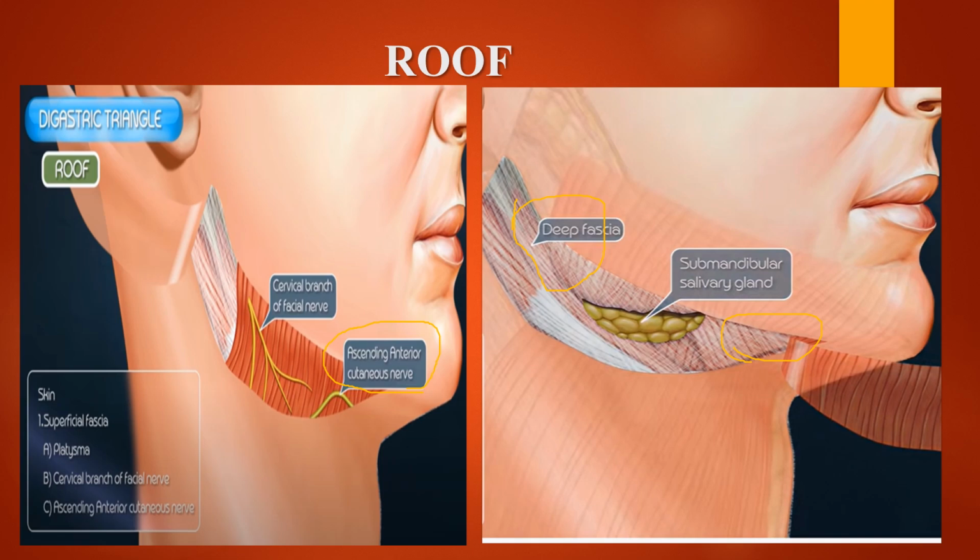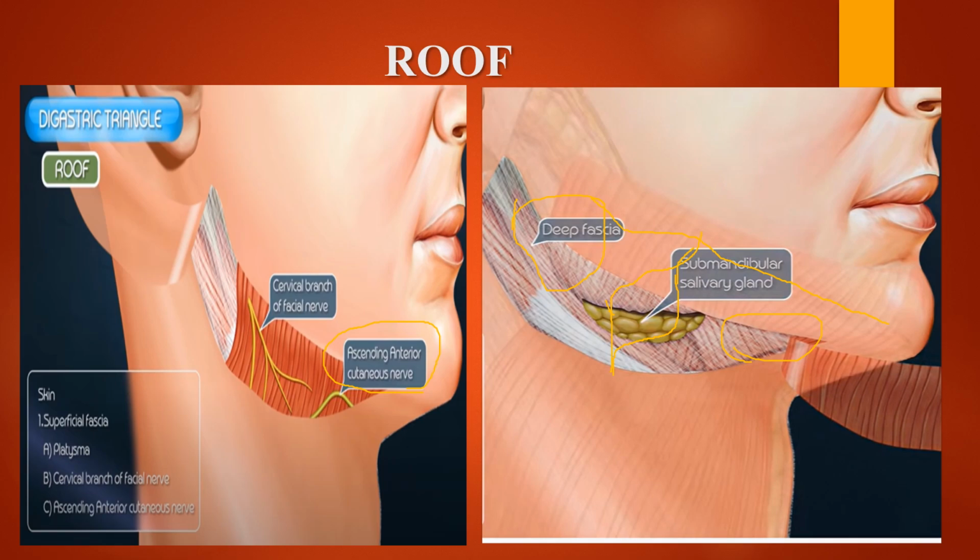Yes. So here what happens, the deep cervical fascia, which is lying deep to the platysma muscle, will ascend up and split into two to enclose the submandibular salivary gland. Again they reunite and then get attached to the base of the mandible. I hope this is going to be the base. So there it gets attached. So how the deep fascia splits up, enclosing the submandibular salivary gland, and where it is attached, we may see here. The white colored netted like structure is going to be the deep fascia.